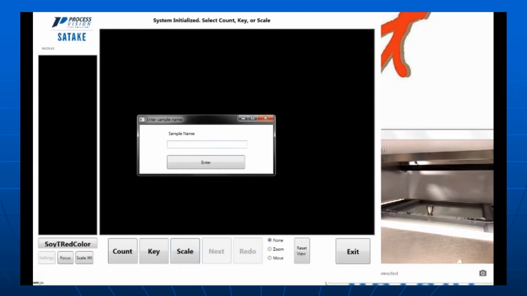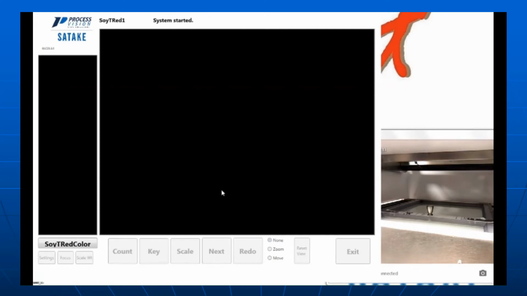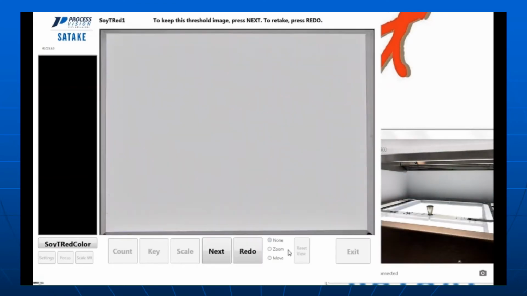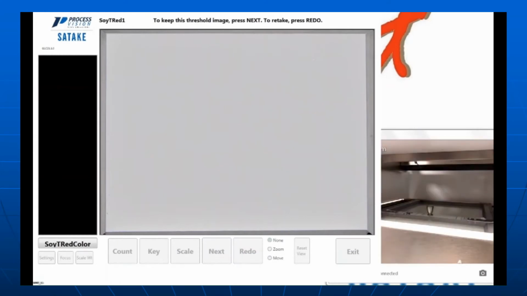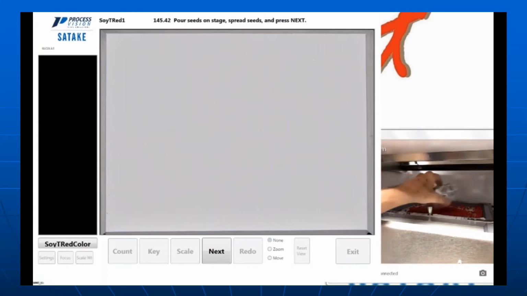We're going to run again to show you, give it one more chance to look at it. There's the sample name again. That can be any text or number, could be barcoded in. The threshold image is to show what the stage looks like with nothing there. Then we take a picture with the product. The difference between nothing and something is the product, and that's how we know for sure that we have only the product